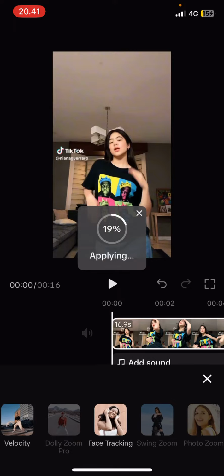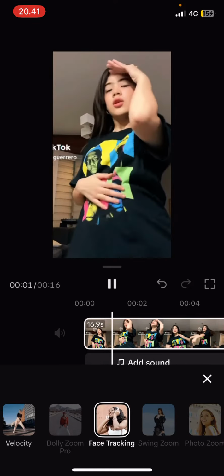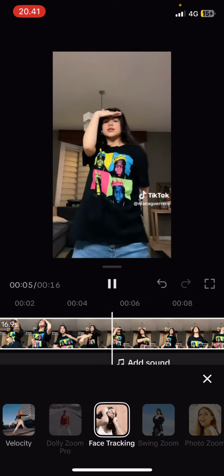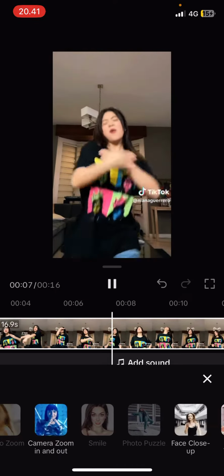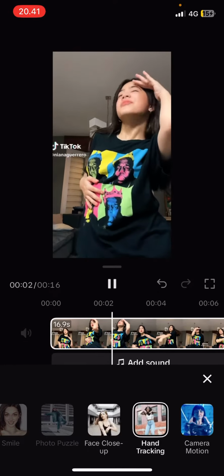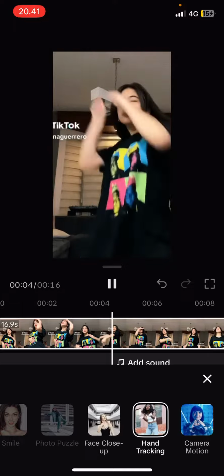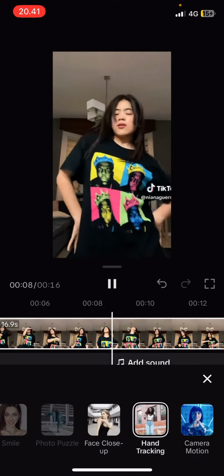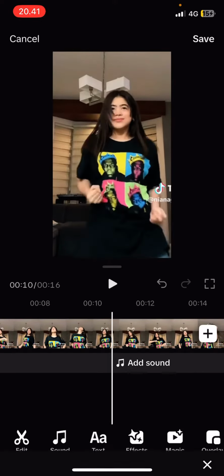It's going to select face tracking, and it's going to be applied to the video, and as you can see it follows the movement of the person's face. You can also try to do the hand one. I'm just going to show you real quick. It's a little bit different, but it tracks your hand movement and stuff, and I feel like it's super easy to do. Once you're done, press save